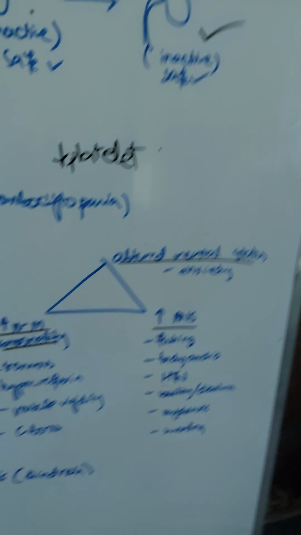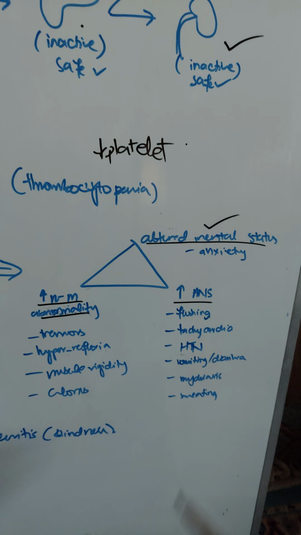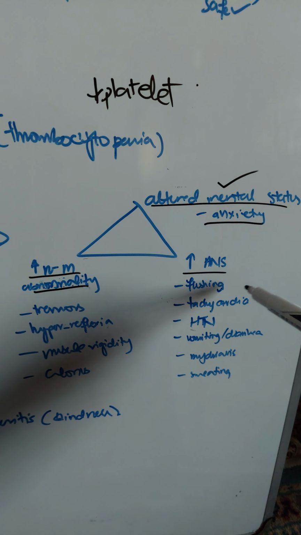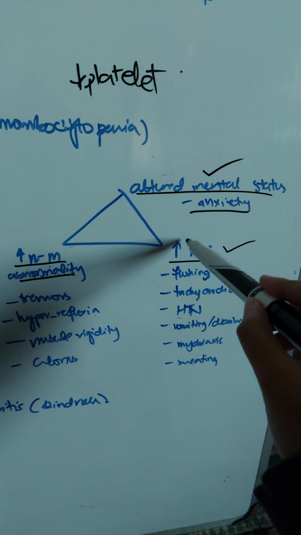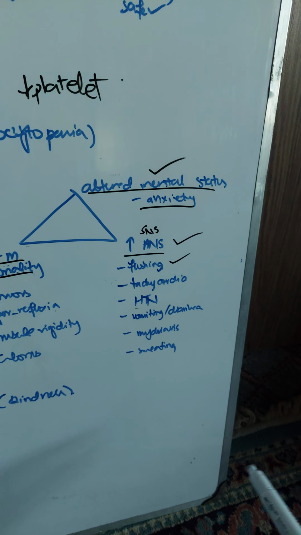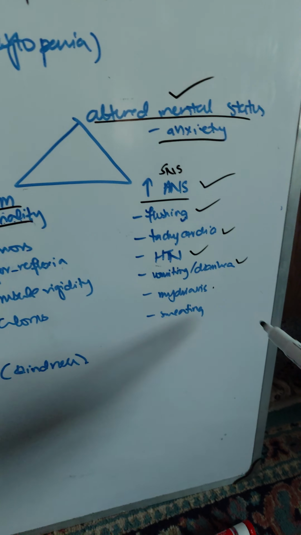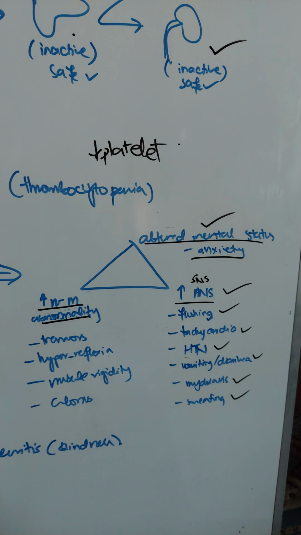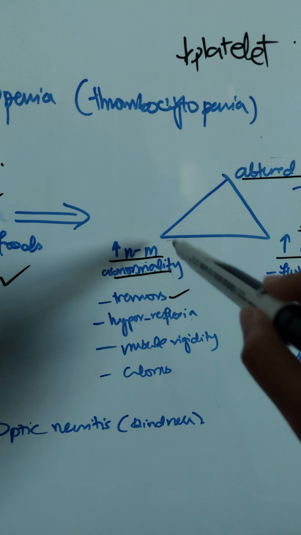We have a triad of symptoms because of serotonin syndrome. Number 1 is altered mental status; this includes anxiety, can also include hallucinations, but anxiety is very telltale. Secondly, it involves ANS hyperactivity, where you basically include the sympathetic nervous system, so that includes flushing because of vasodilation, tachycardia, hypertension, vomiting and diarrhea, mydriasis which is pupil dilation, and diaphoresis or sweating. These are just some of the symptoms of serotonin syndrome, and the last symptom is tremors because of neuromuscular abnormalities,